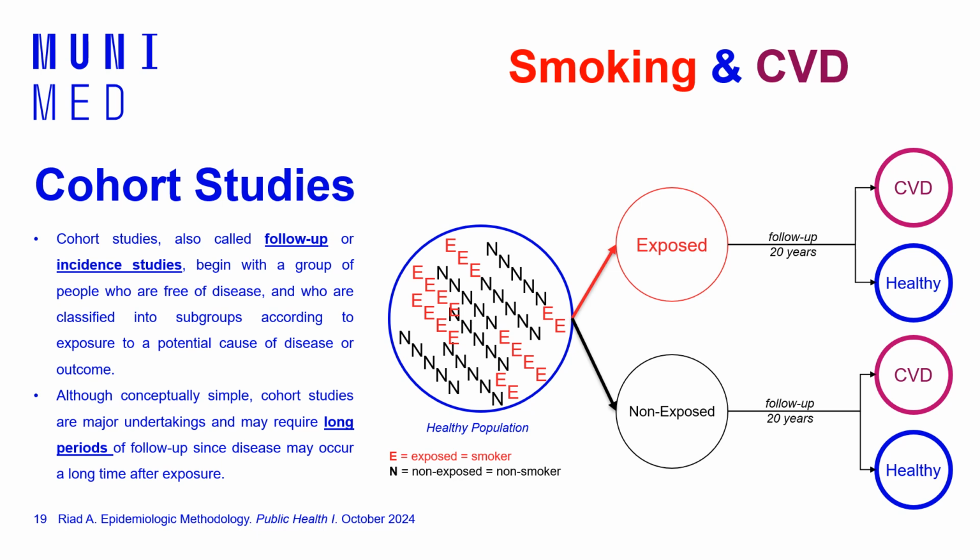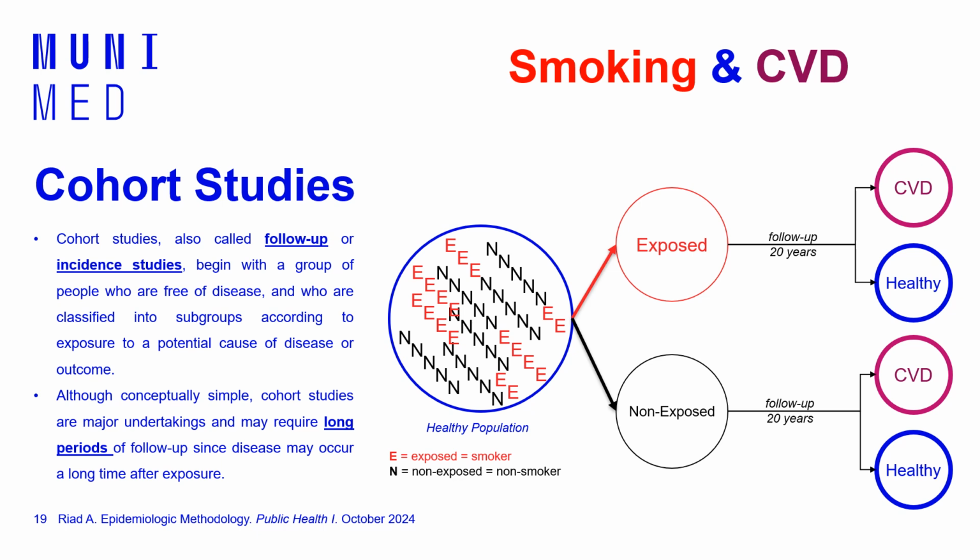And the question here: why could the non-smokers have cardiovascular disease? The answer is very simple, because cardiovascular disease is a multifactorial disease, which means that it's not only smoking that could lead to the disease, but there are many other factors. Okay, so here we have a discrimination between exposed versus non-exposed, and then a follow-up for 20 years to see